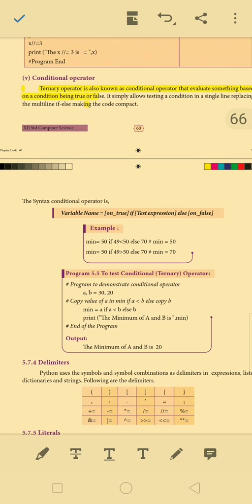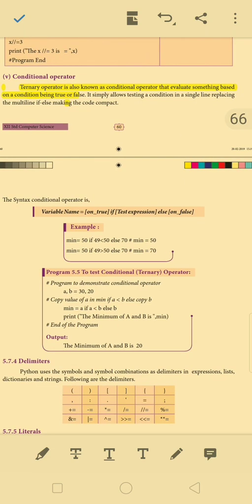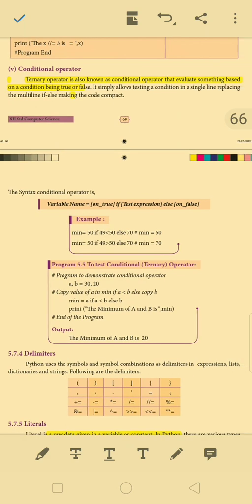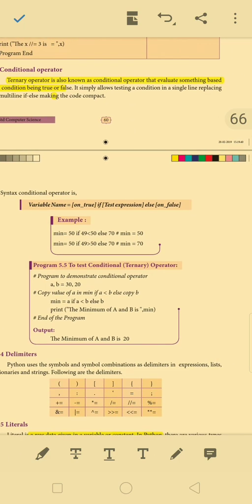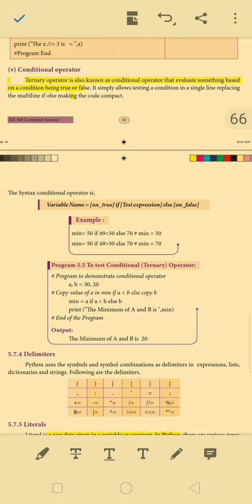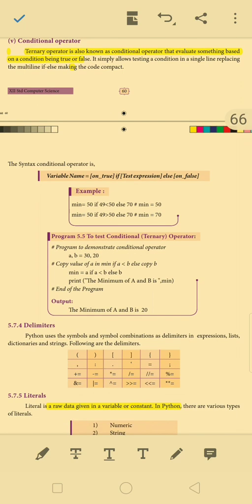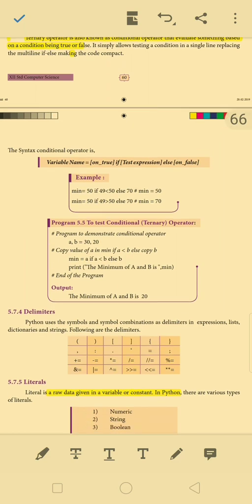Next one is the conditional operator. It's an important 3 mark question, that is book back, and this question was also asked in the previous year public exam. Ternary operator. The ternary operator is also known as the conditional operator that evaluates something based on a condition being true or false. It simply allows testing a condition in a single line, replacing the multi-line if else, making the code compact.